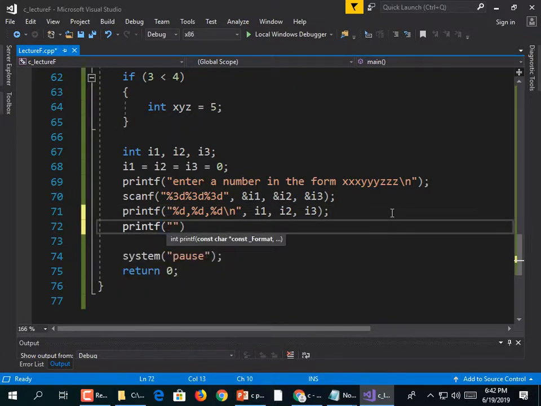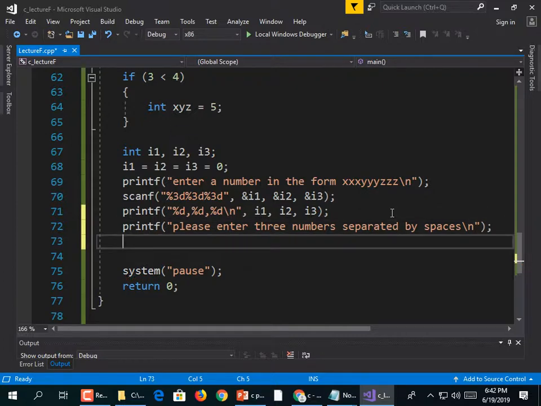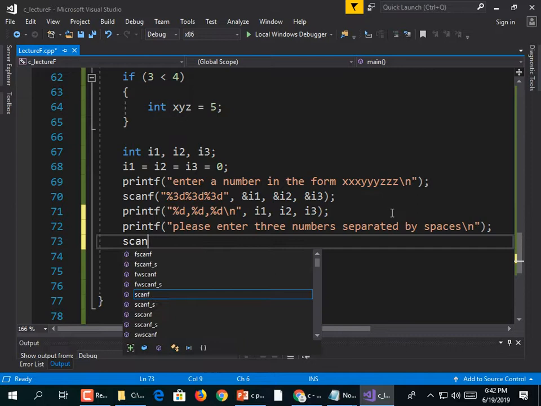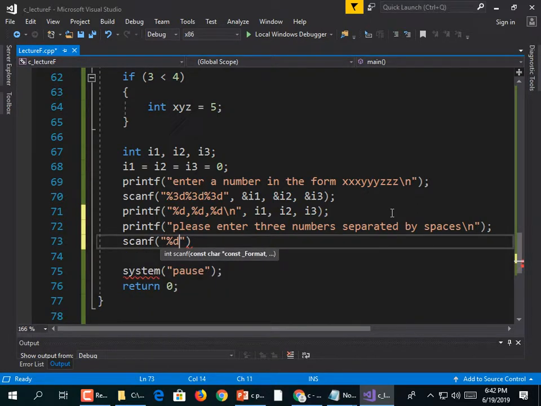printf("Please enter 3 numbers separated by spaces\n"); Now the scanf is going to look similar, it's just not going to have those 3's between the percents and the d's. scanf("%d %d %d", &I1, &I2, &I3);